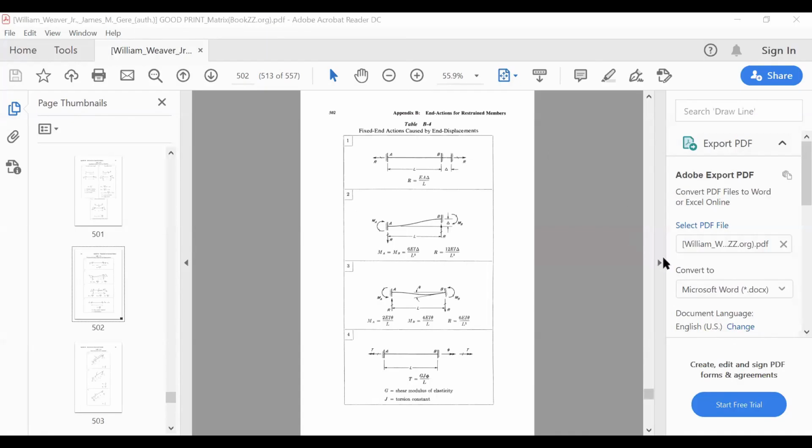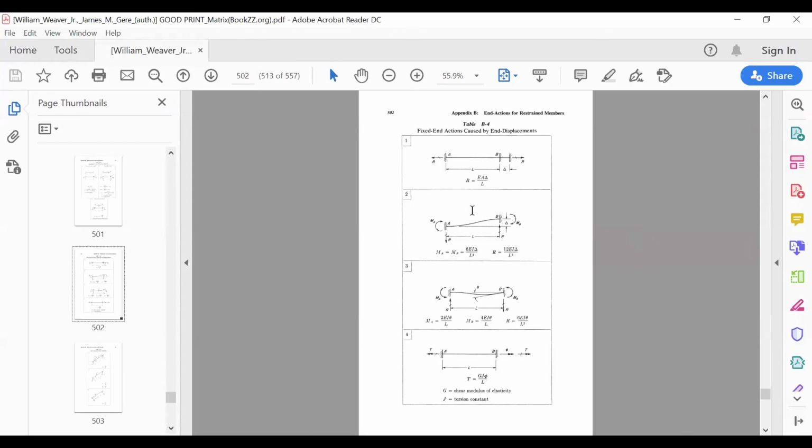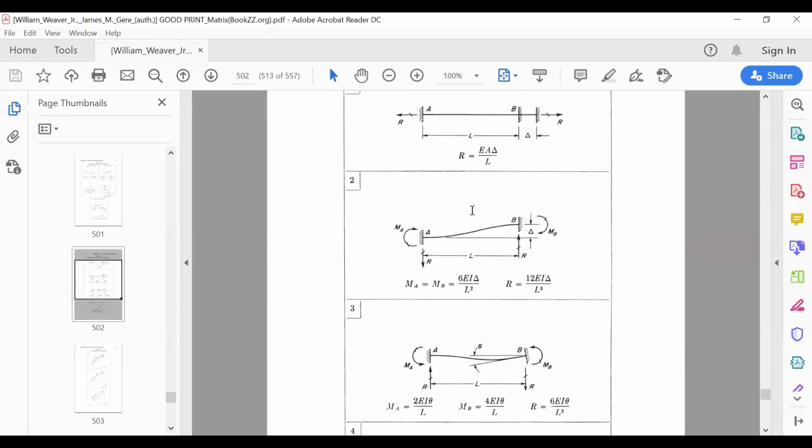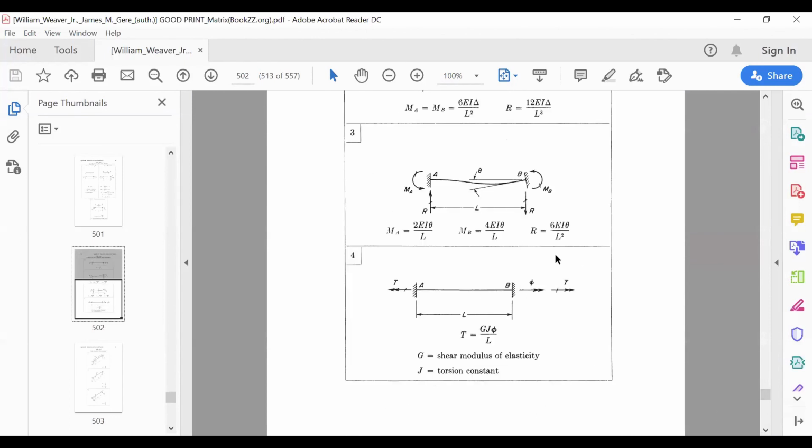Okay, all of you can see this table? Yes, ma'am. Yes, so you can have a look at the third diagram, where one end of the beam is fixed and moment MA is applied and the other one is released, where a rotation is applied. So if you release, there will be rotation. And you can see the relation between this theta and the moment is known to us.